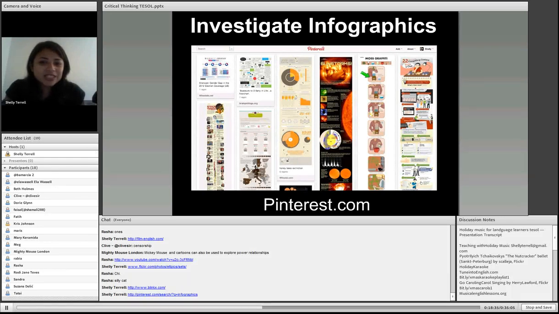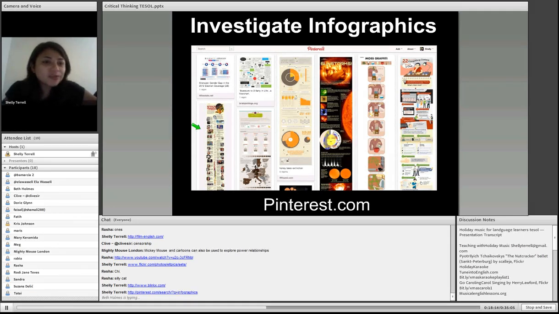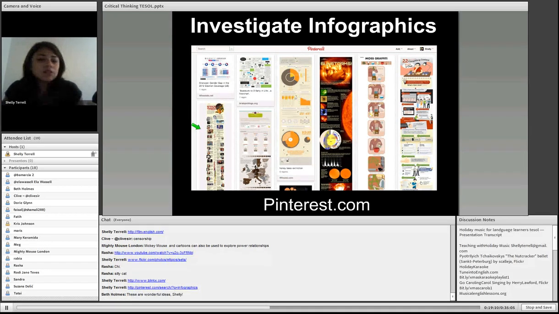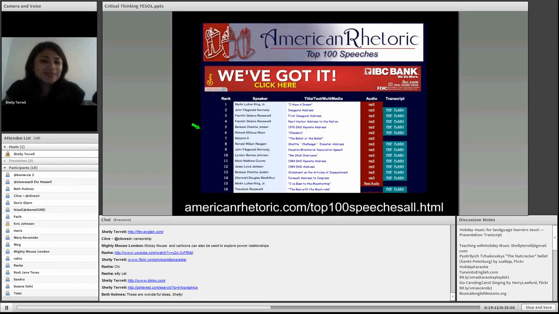You can investigate things such as graffiti. Here you can talk about Google, Star Trek. I mean, you find infographics on anything. Why honeybees are going extinct. So infographics are a great way to investigate and to explore with your students. They can create their own infographics as well, and they can talk about things that they're interested in, and they can come up with the statistics behind it and stuff like that. But it really gets them to see statistics and analyze them in a very visual form, and then they're able to talk about it. The next one, thank you, Beth.